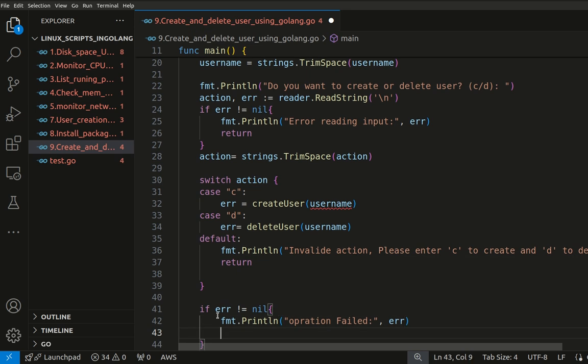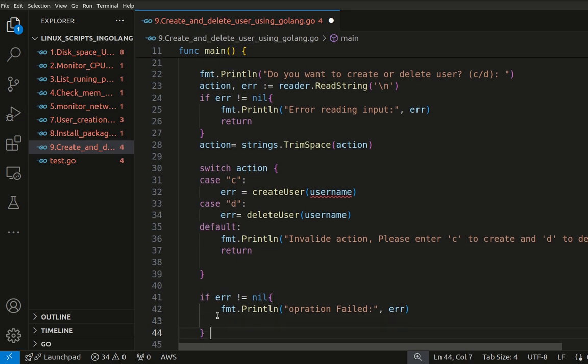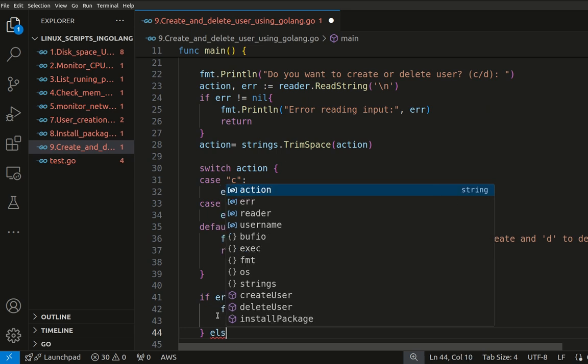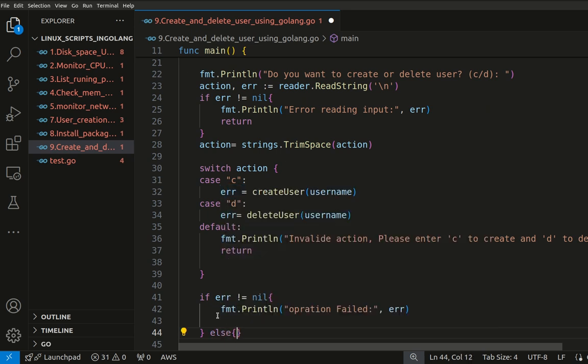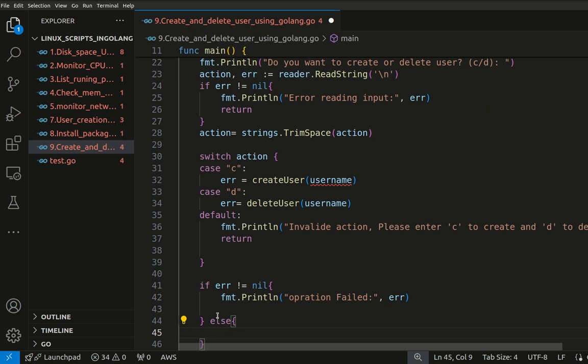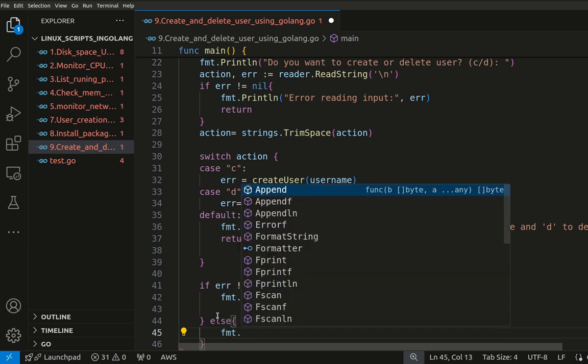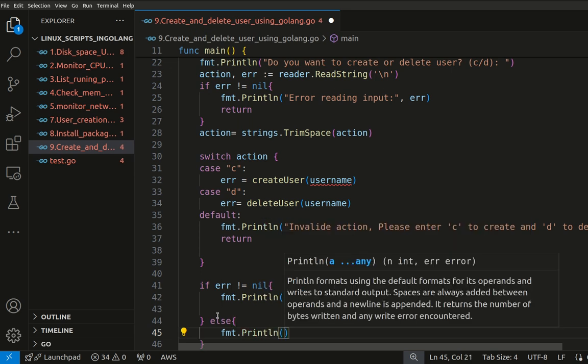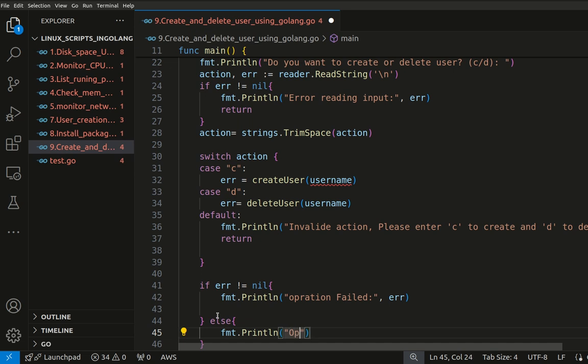And second, let me handle the else part. If it is successful, what it will do, it will print the log like "operation successful". Hooray! Okay, so here